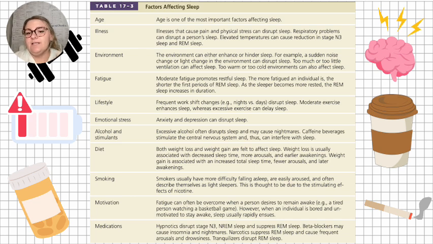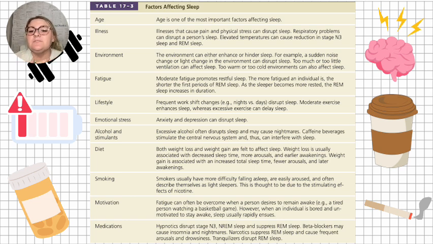Some medications have side effects such as insomnia, nightmares, drowsiness. So, just depending on the medication, it can affect the sleep, as well as stimulants. One of the stimulants being caffeine. We all love a good cup of coffee. Caffeine stimulates the central nervous system and will make it harder to fall asleep, where alcohol can disrupt sleep and